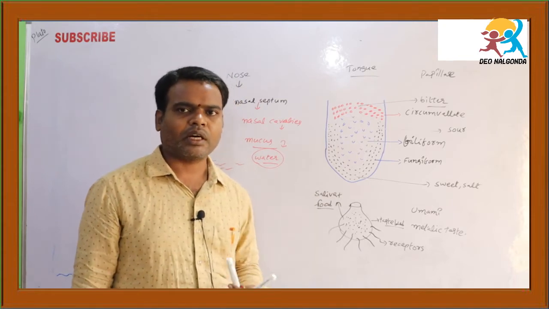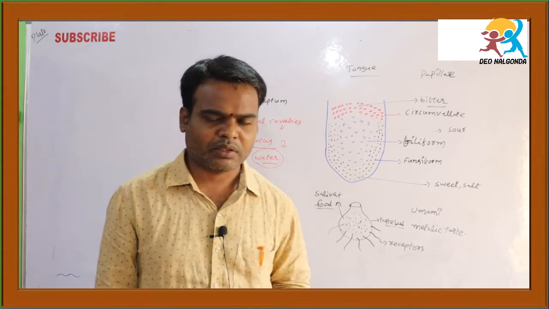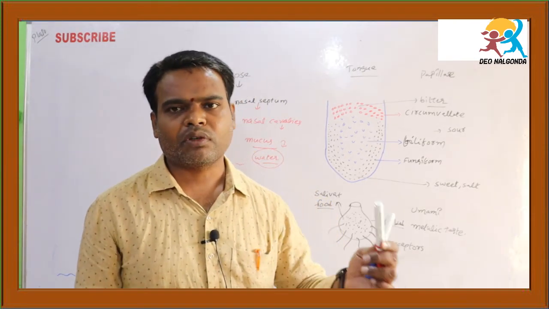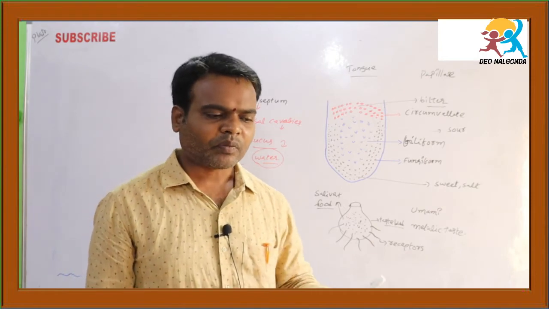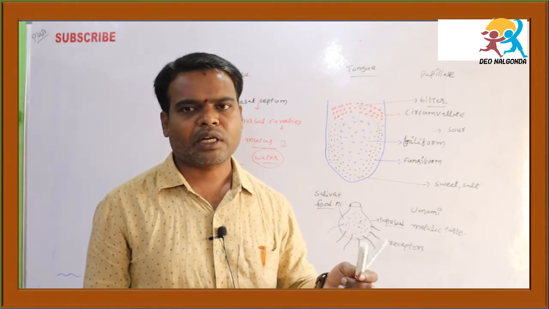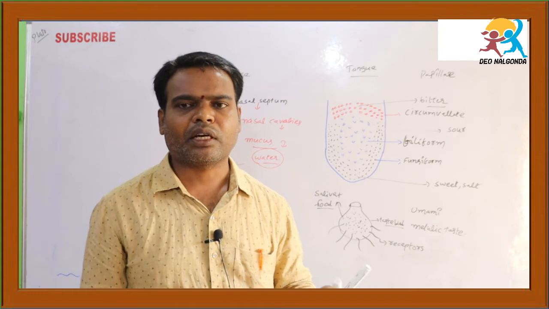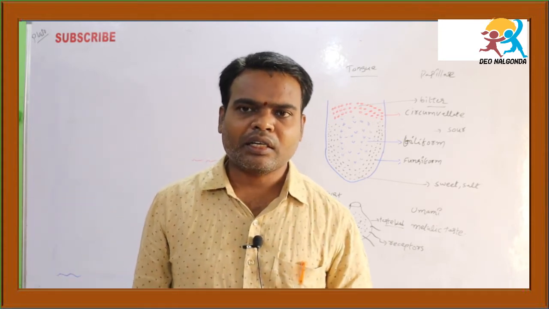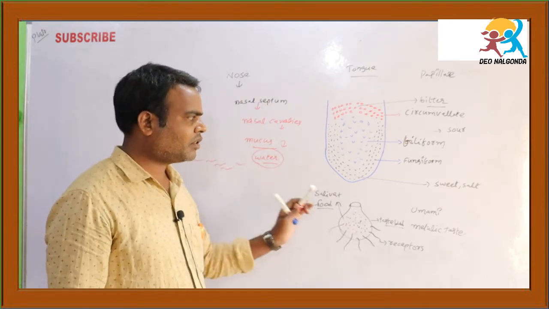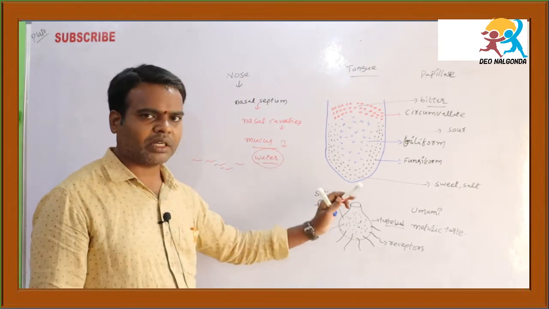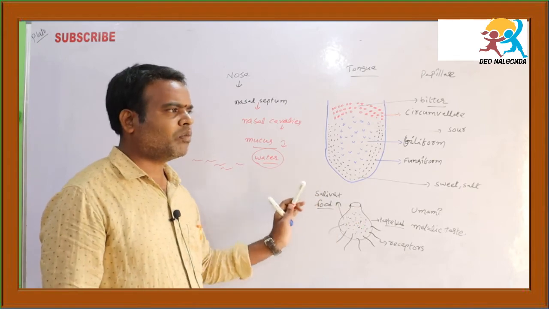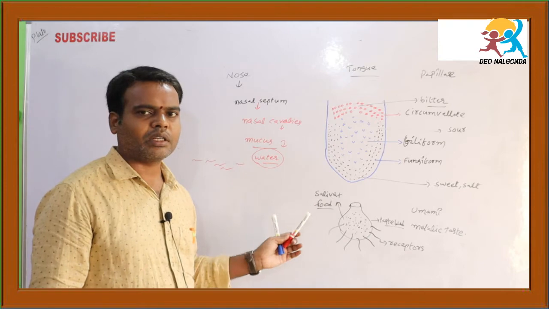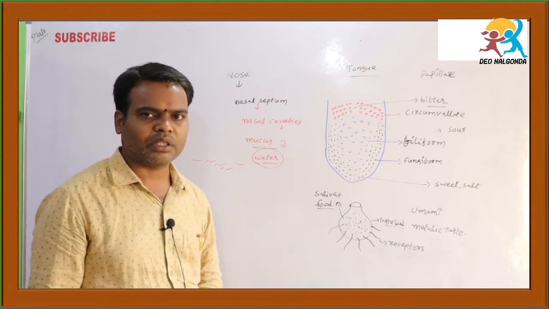chemoreceptors. Suppose you take the eye, the receptors present in the eye are called photoreceptors. What are the receptors? Rods and cones are the photoreceptors. And in the structure of the ear, the basilar membrane contains the receptors I told you about. Sorry, they are the auditory receptors. But here we say olfactory receptors and gustatory receptors, and they mostly take the smell and taste of chemicals. That's why they are called chemoreceptors.